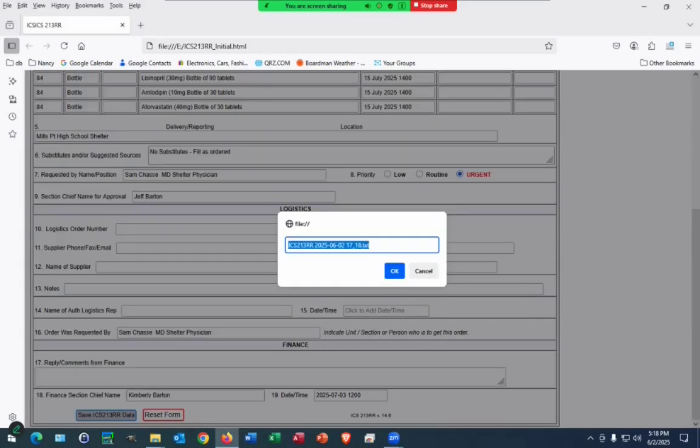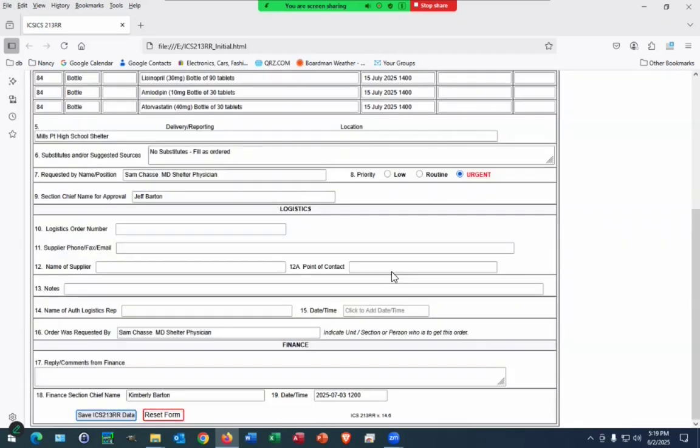I'm going to click it, and then I'm going to accept the default title here. It's fine. Now look, I was doing this in June, this video. Your date will be the current date, whatever it is at the time you're doing it. So yours will say something like ICS 213 RR 2025 dash your current date. Okay, so I'm going to say okay to accept that default name, and then I'm going to navigate over to